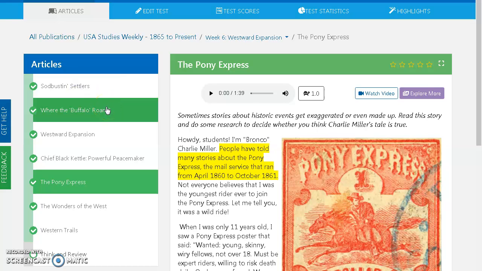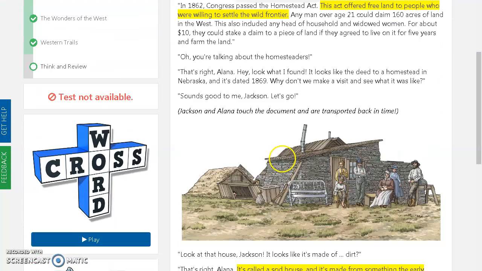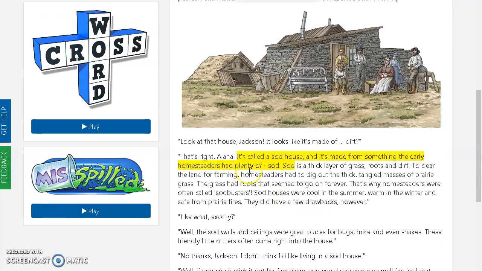On your test for westward expansion on week 6, under sod-busting settlers, you need to know that the Homestead Act in 1862 was the act that offered free land to people who were willing to settle the wild frontier. So what that was, you need to know that. Also, under sod-busting settlers, you need to know that